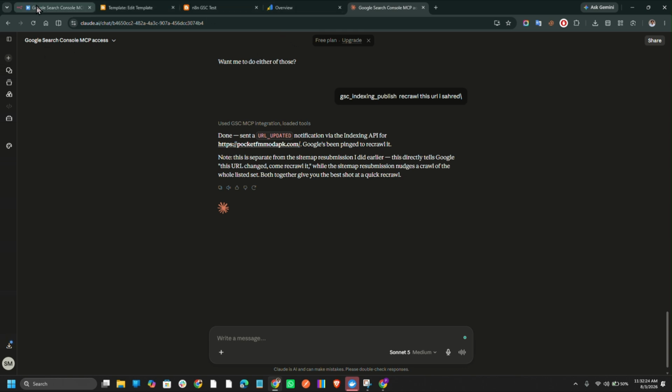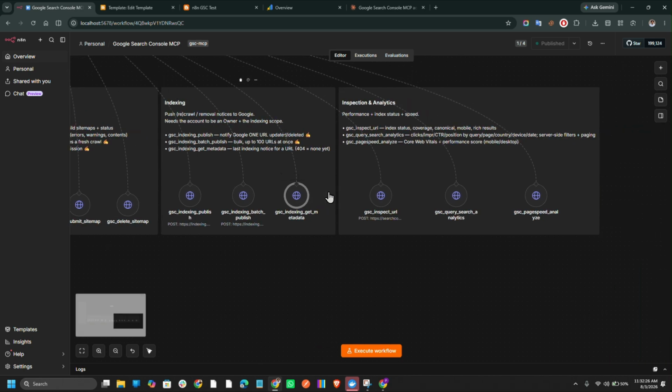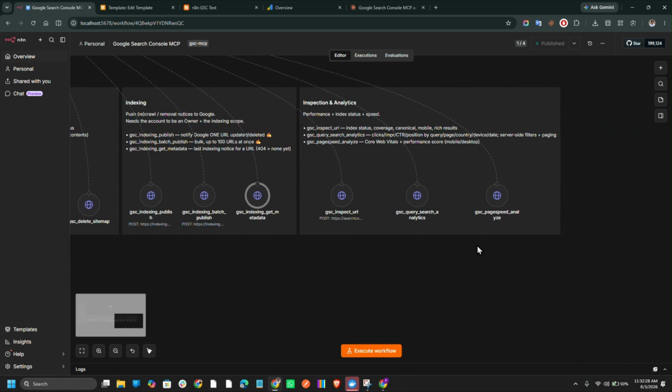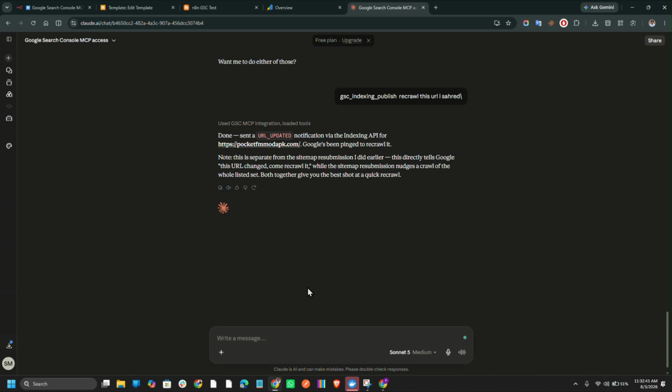And the next tools are inspections and analytics. These are the most powerful tools here, right? You can inspect URL and the query search analytics and page speed analysis. I will test the query search analytics. This is the most powerful tool here. You can access your Google Search Console analytics and compare them and prepare a complete SEO audit report from this tool, right? So I will say, give me the top queries that are on the